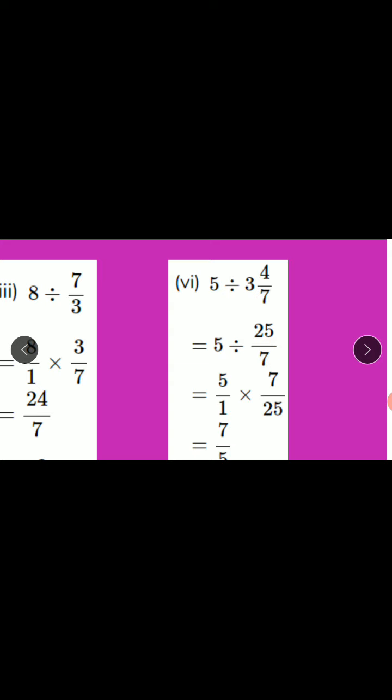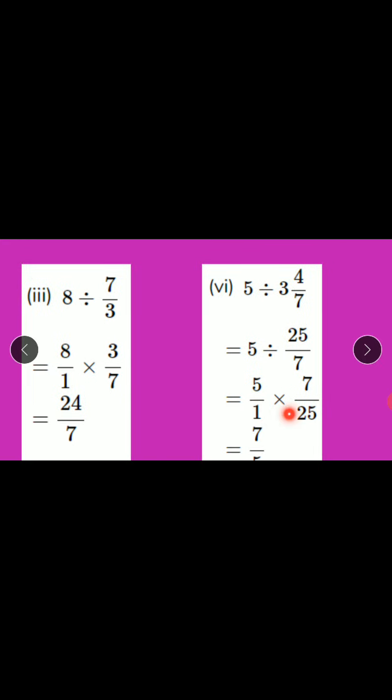So now we are going to divide. So 5, it is a whole number. We write that 5 in fractional form by placing the denominator 1. Division cannot be done, so you are changing the operation. Once you change the operation, we have to write the reciprocal of the divisor 25 by 7. It becomes 7 by 25. Reciprocal of 25 by 7 is 7 by 25. So now this step is changed into multiplication of fractions.